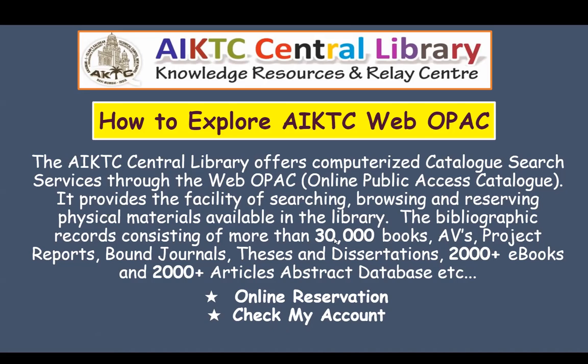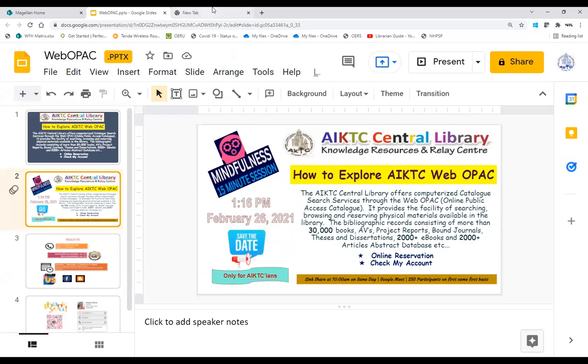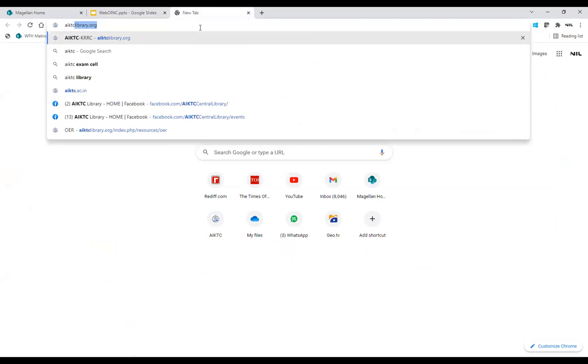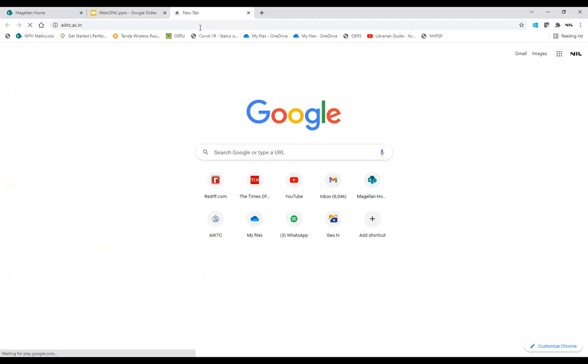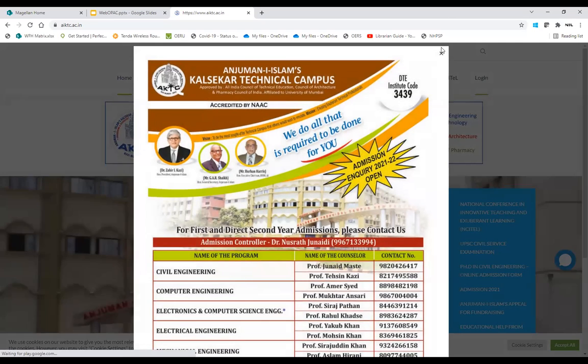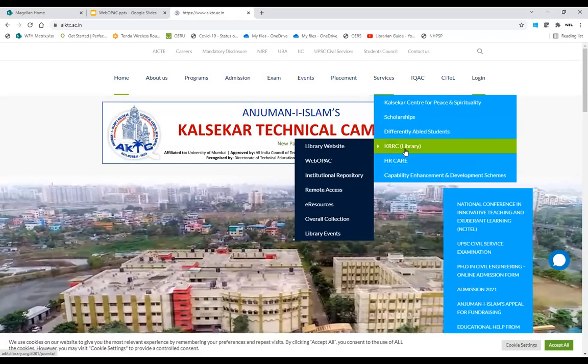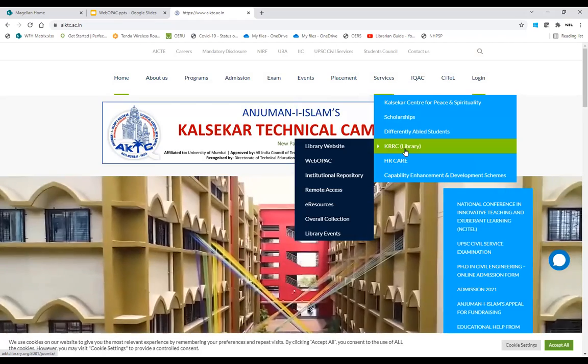There are three ways to access the Web OPAC. First, go to aiktc.ac.in, the website of our college. Under services, you will get links to the AIKTC Central Library.